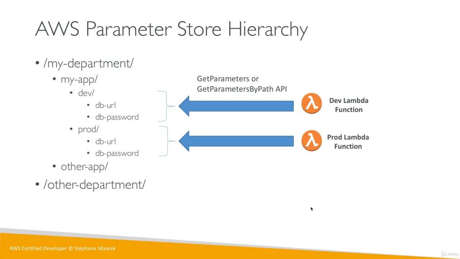So this is how easy it is, to be honest. You just need to remember that the store is a hierarchy, that you get encrypted and plain text parameters, and that you have GetParameters or GetParametersByPath. That's it. We're just going to practice this in the next lecture so you get a much better idea of how it works, because this is one of those services where you need to see how it works to get a better idea of how things go. But you'll see it's very easy, and I find it incredibly useful. So see you in the next lecture.